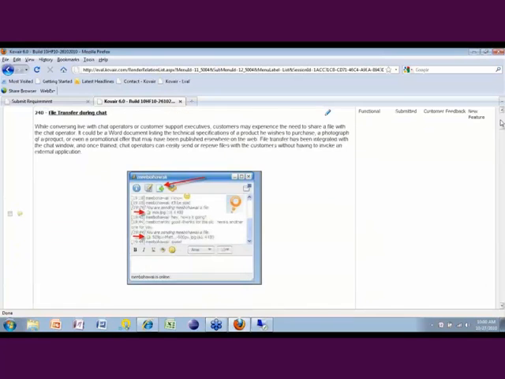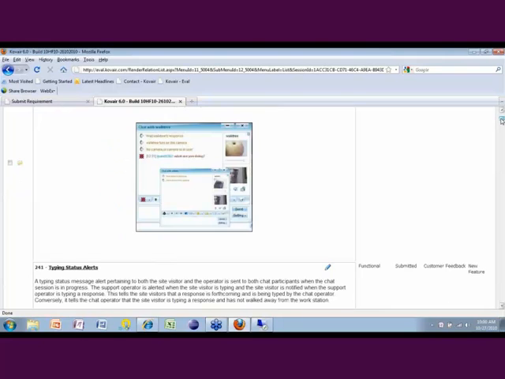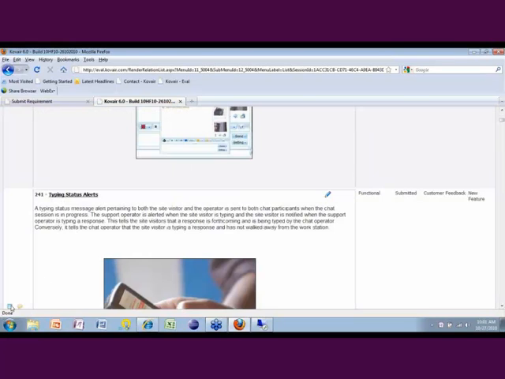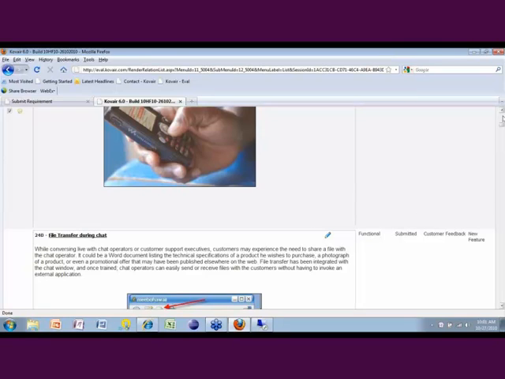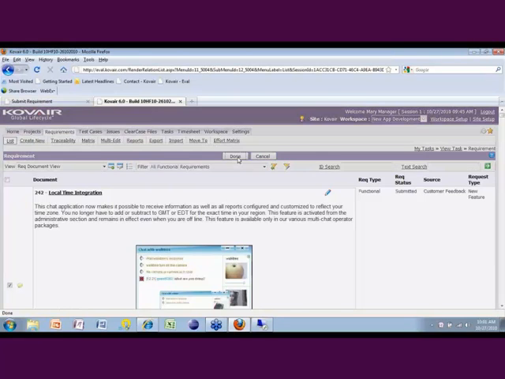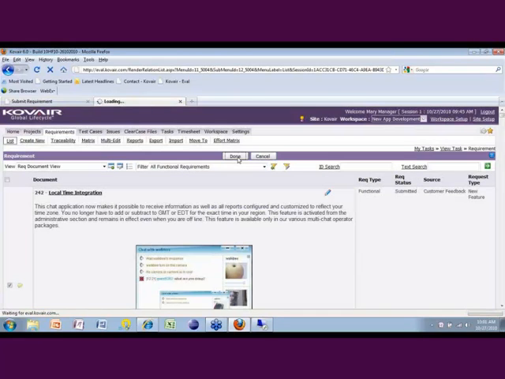Okay, and let's select some of the requirements. So let's say this one and the next one. Maybe let's choose another one. Okay, now we have selected some of the functional requirements, and